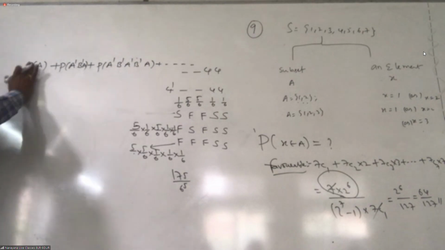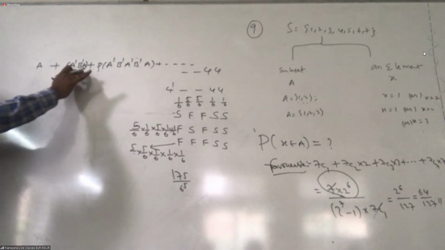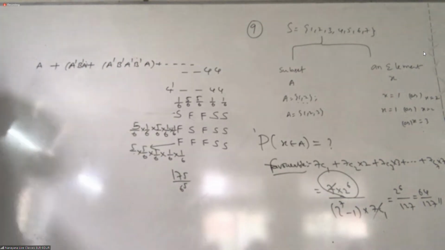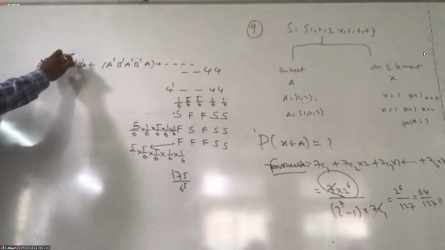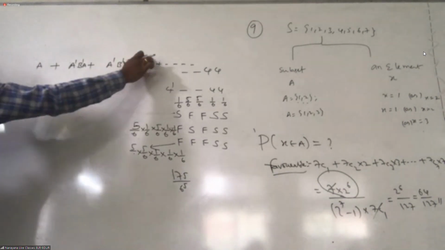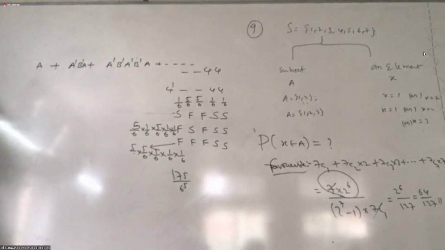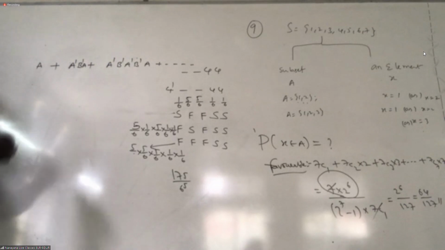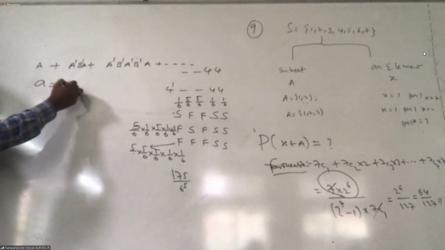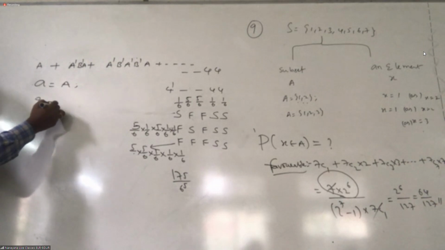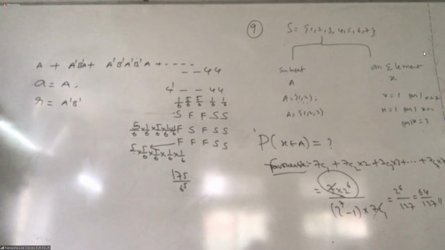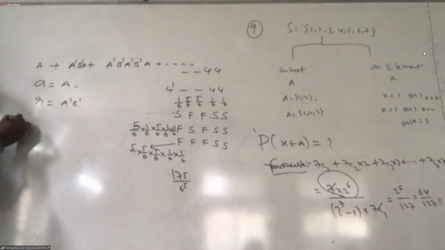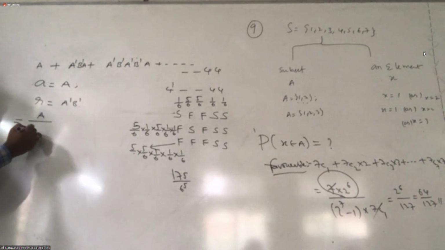Okay, suppose you take this, the probability also you can remove this. Now you can see it, right? Is it in AP, GP or what? GP, it is in GP. What is the small a? What is small r? A dash, A dash, B dash. Got it, students? All of you. Now, what is this? It goes up to infinity terms, no? So, what is the sum to infinity? a by 1 minus r.